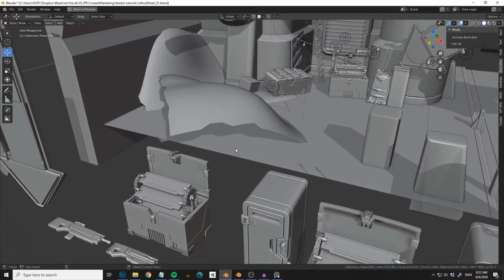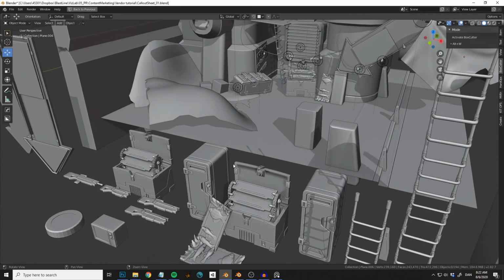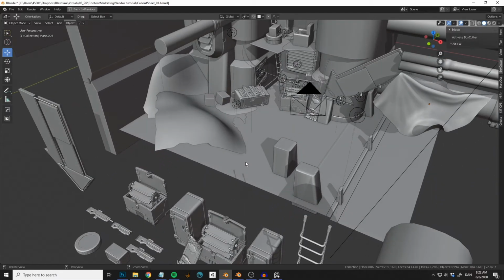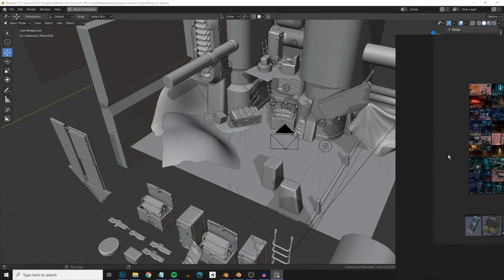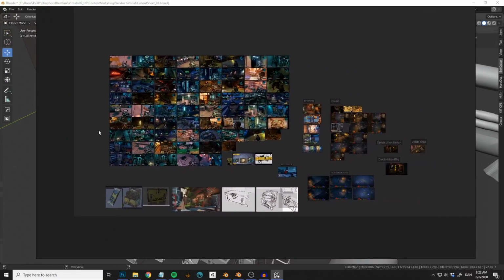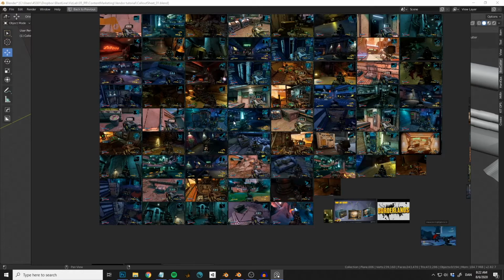But this is still insanely fast to do. This doesn't take much time. I think this whole scene took around a day, a little bit more than a day to set up with lighting and everything. So what also took quite a lot of time, I'll bring in the reference board in PureRef, is that we actually took a lot of time to find a lot of screenshots